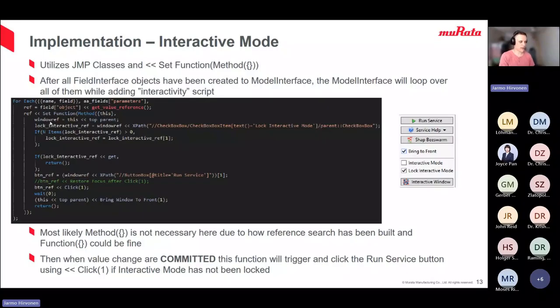It goes and picks the reference to the window you have open, and then it uses XPath to find basically the locking checkbox value. And if it's on, it has a different feature than if it's off. And then the final thing is here. So if it's not locked,